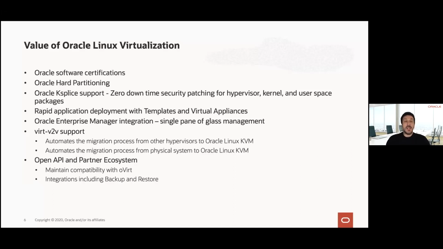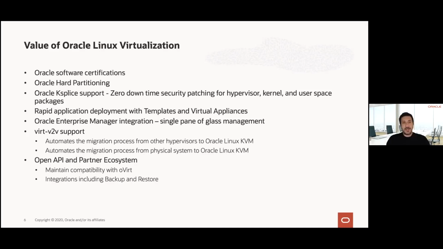The other point is related to Oracle software licensing. There's a licensing policy named hard partitioning. It's a licensing policy dedicated to Oracle products that gives the opportunity to possibly license only the cores used by a particular VM. And this kind of licensing option is there only for Oracle Linux KVM and Oracle Linux Virtualization Manager.